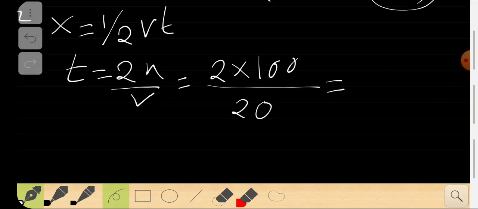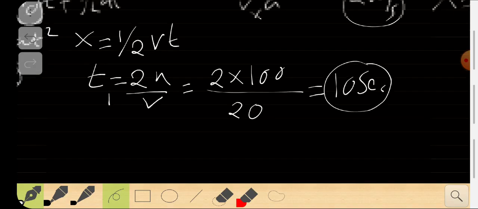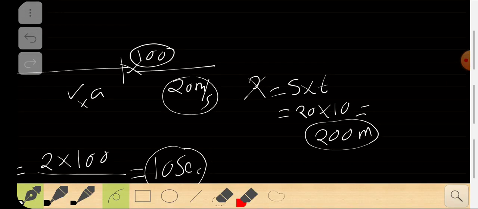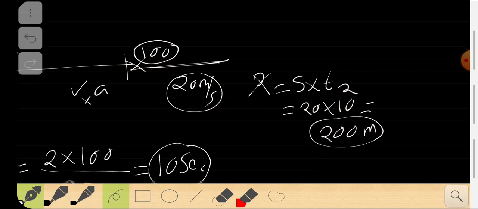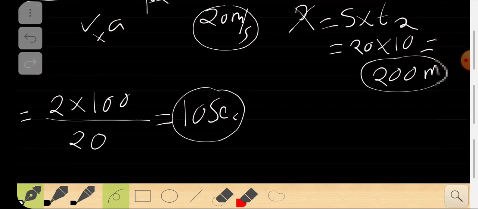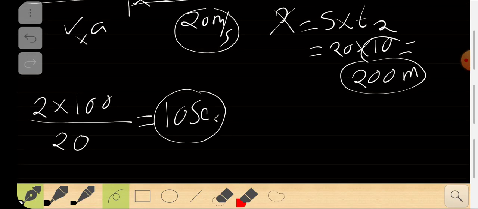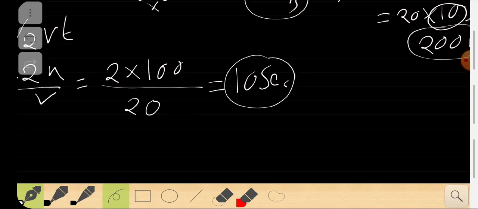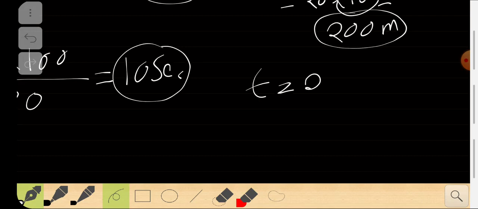So that's going to take 10 seconds, right? So t1 will be 10 seconds. After t1 it will travel for another 10 seconds, right? We know that. So it will be t2, right? So t1 is 10 seconds and t2 is 10 seconds again. It was given. Now the total time taken will be 20 seconds then.